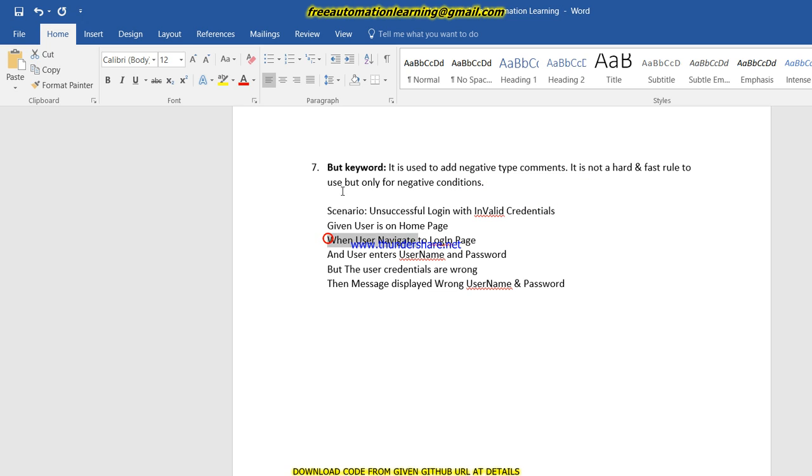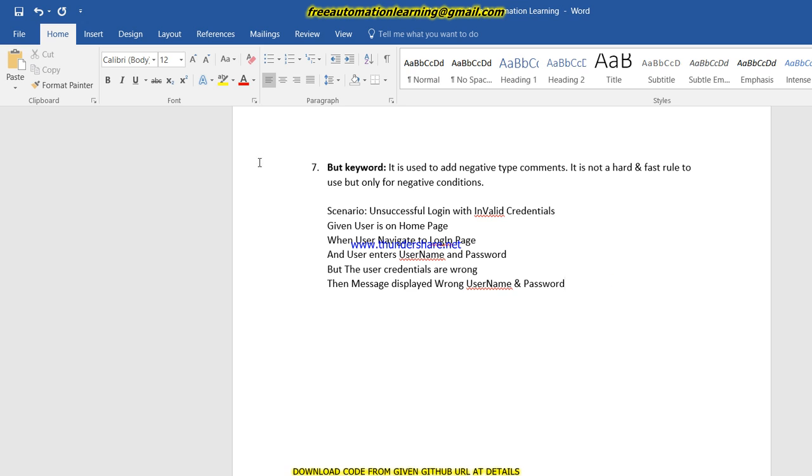When user navigates to login page, this is what I'm going to do, right? And you can see that and comes here. I can write when user enters username and password, or I can use and user enters username and password, right? And after that, but the user credentials are wrong, right? So there is a negative condition which we are talking about, and this is the verification. Then message displays wrong username and password.